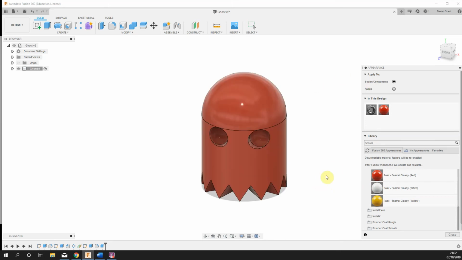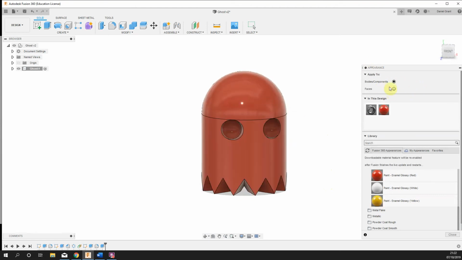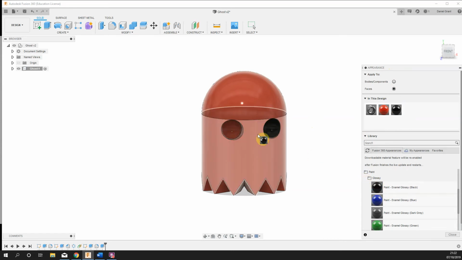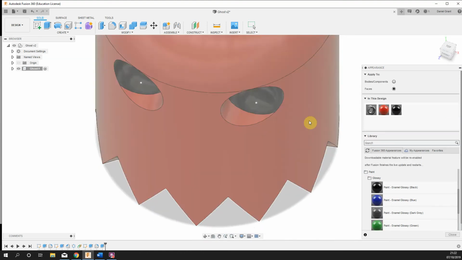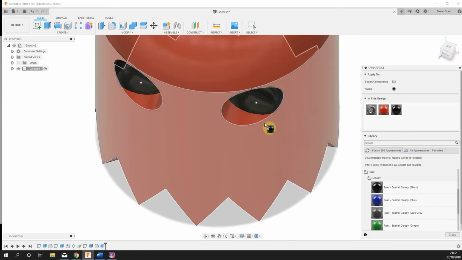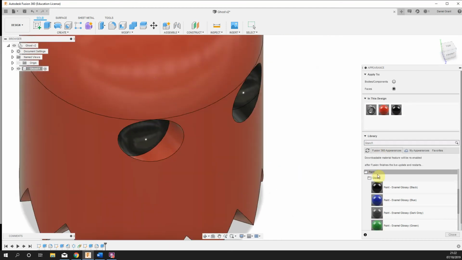Now you'll notice the entire thing has become red. That's because we had bodies and components selected up here. So whatever colour we apply, the entire body becomes that colour. Now I want the eyes to be black. They're a separate face, so I'm going to click Faces, and then if I get the black out, I can just drag that into the eyes, and actually I'll do those little inner eye areas as well. You can drag from up here. These are kind of the colours in your design, or from the gallery itself, doesn't matter. Drag that out,